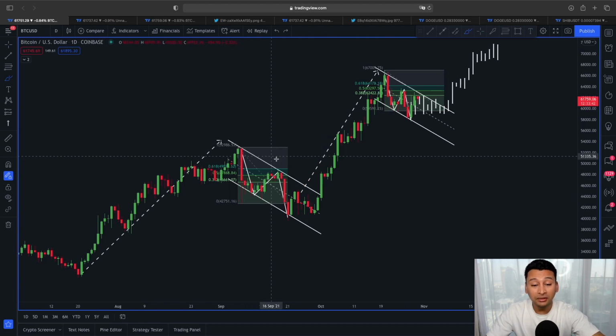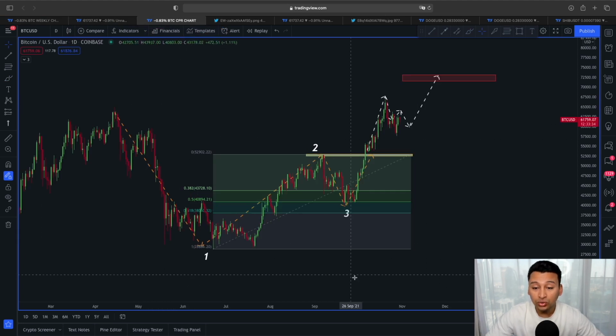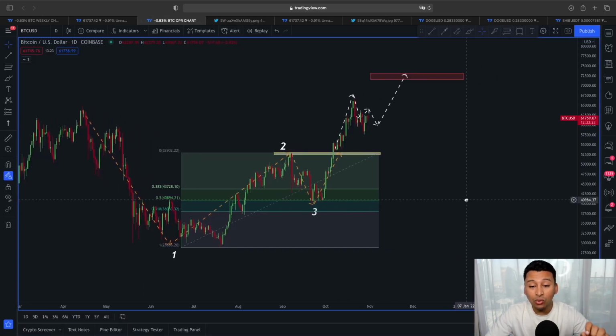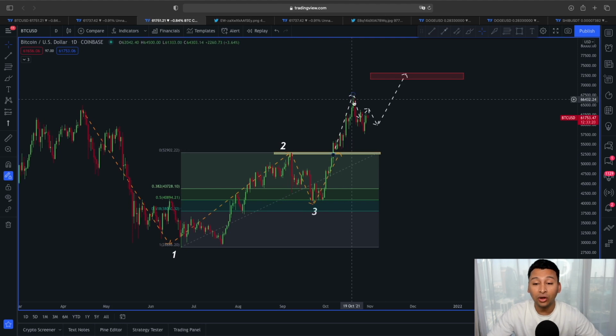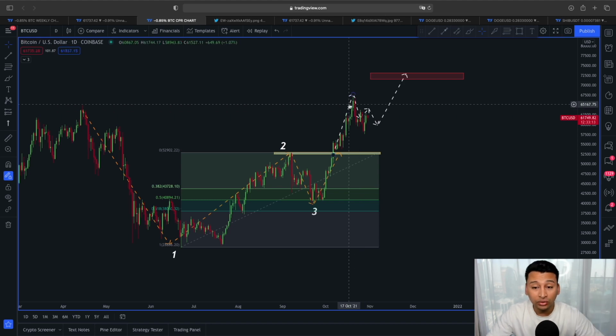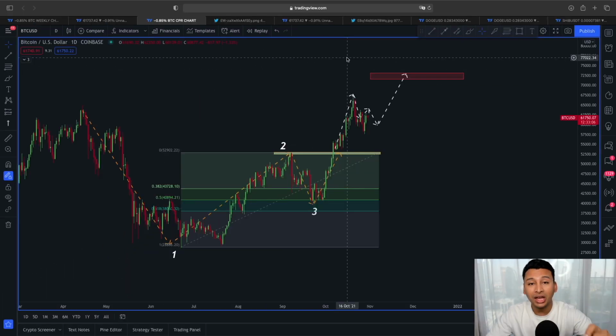this descending channel breakout or even this bull flag type of breakout scenario is indicating the price of Bitcoin could be ready for another movement, but also this 1, 2, 3 reversal pattern, because as we can see, according to the 1, 2, 3 reversal pattern, as soon as we break out of this 0.2 area, the price should be starting this new move here to the upper direction. And in our case, since the 0.2 has already been broken and also the price of Bitcoin is doing pretty similar to what we have shown here as an example, as you can see, right, the first target was around 62,000 that has been reached, but the final target is still open, which is lying around 72,000 price area.